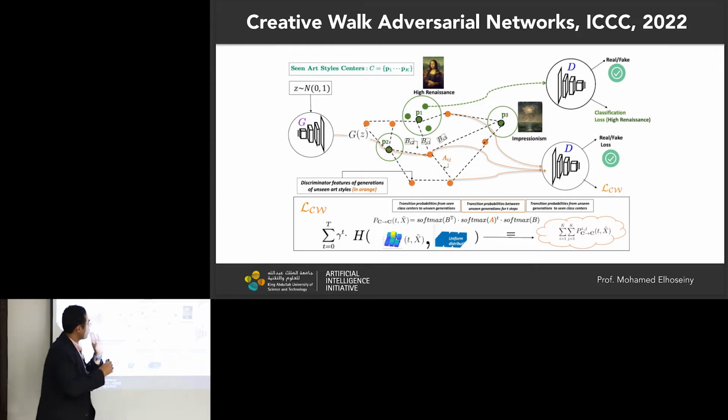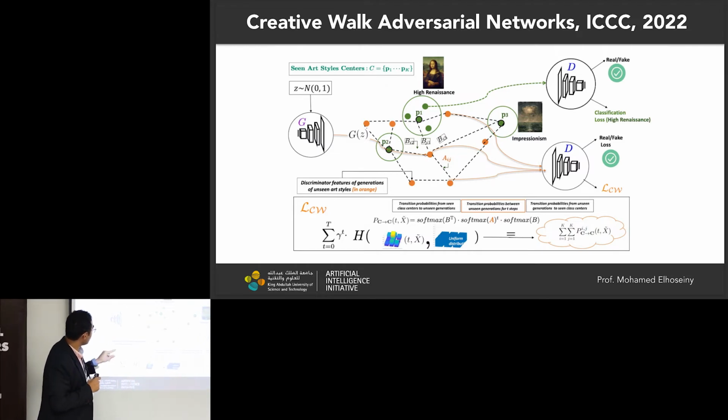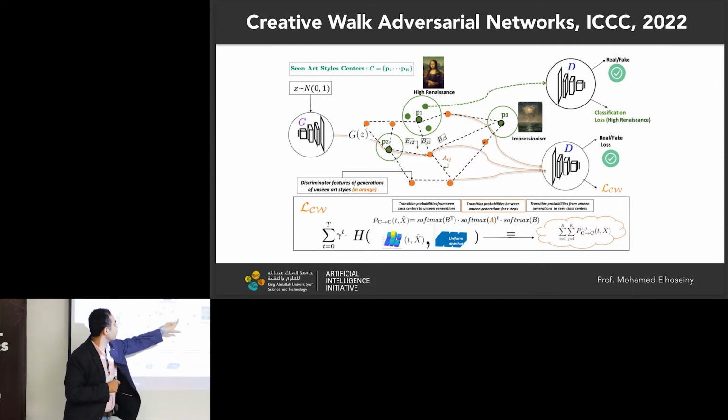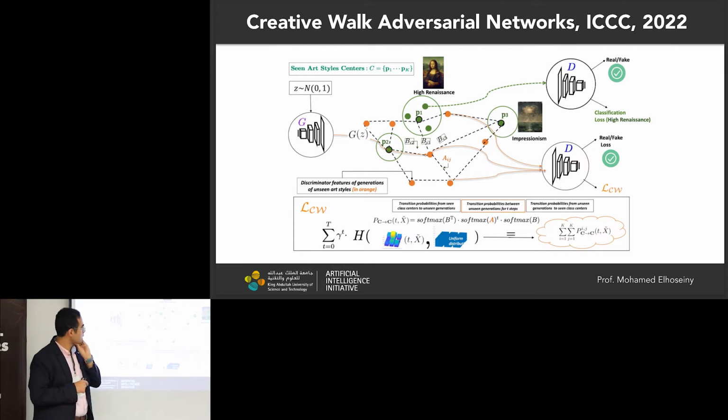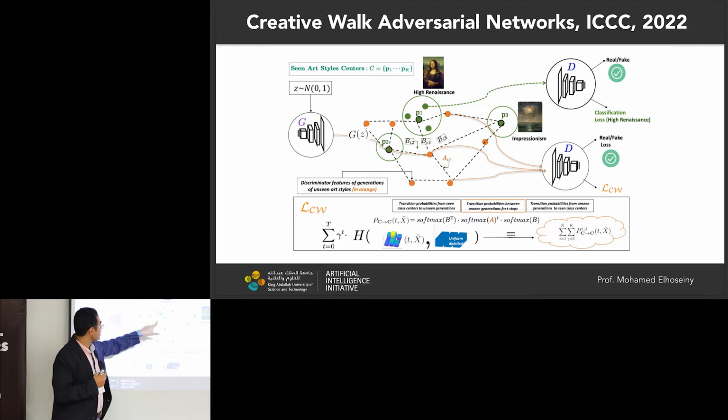All right. So we first compute these 3 points, and then we have, let's say, k of those, and the generator still takes only a z vector. We produce n images, which are the blue points. So we have k green points, 3 green points, and n orange points. What is the loss function that we added? It is the probabilistic random walk that starts from every seen class, goes for a random walk for t time steps through the orange points, and then computes the landing probability over seen classes.